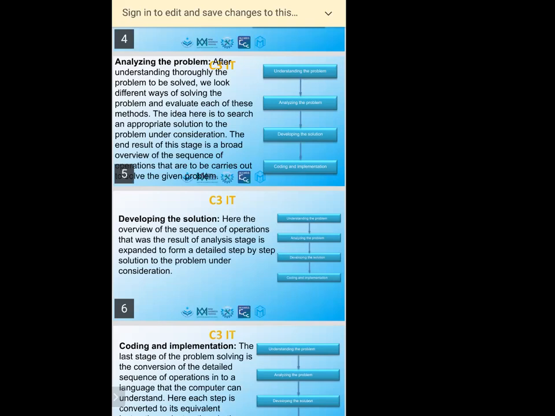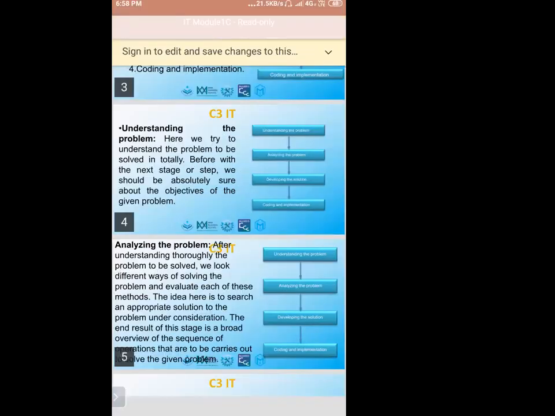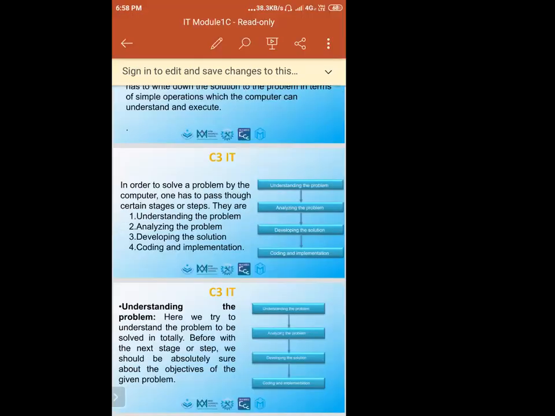After the coding, we have to give training to the people. Sometimes the shop owner will provide some staff, and you give the training on this software to this particular person. They will provide their trainers. We need to give the training for 2 or 3 days. This is the way to open the software, this is the way to install the software. Then these are the data entry forms, so you enter all the data.